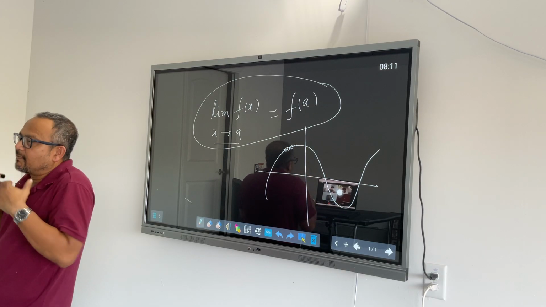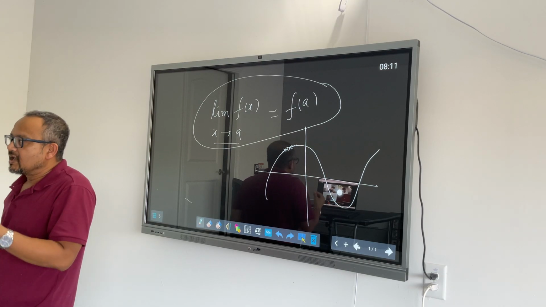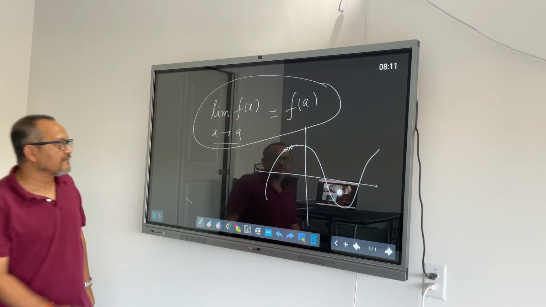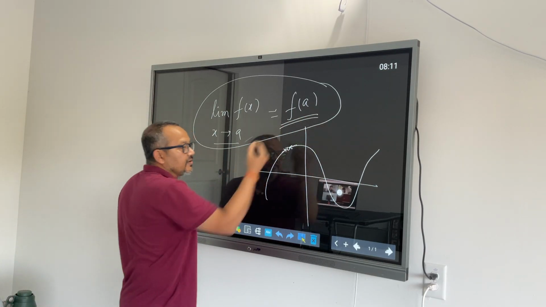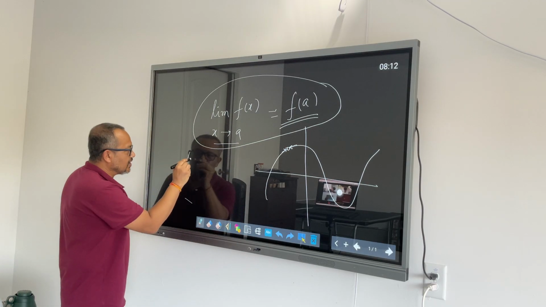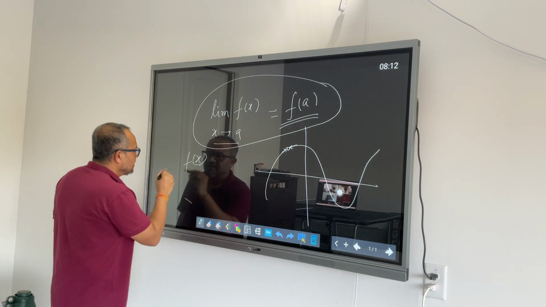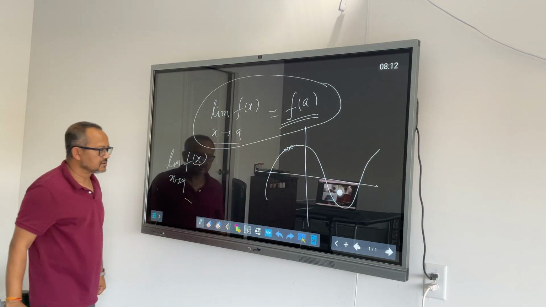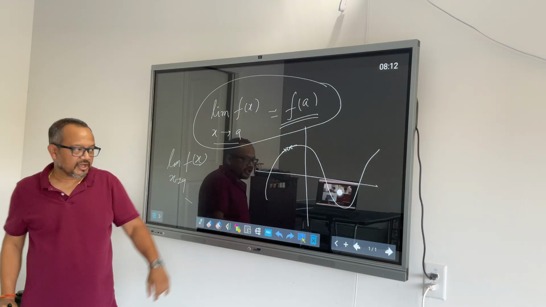How would you approach this kind of scenario? You will first look at what the value of the function is for the given value that it is asking for. If somebody says find the limit of f(x) as x approaches a, my first thing would be to check,